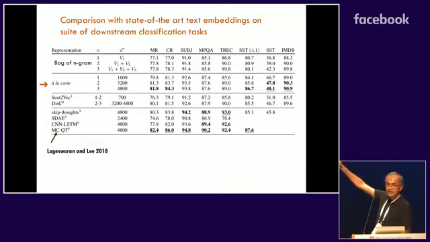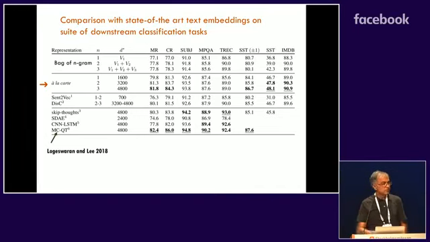All of them are pre-2017, except the last one, which is 2018. So we do better than the 2017 and earlier LSTM methods. And you can see that the a la carte embedding on many tasks beats the skip-thoughts and the other methods.